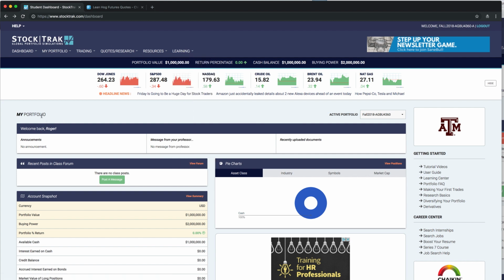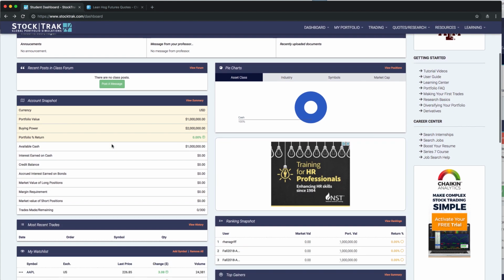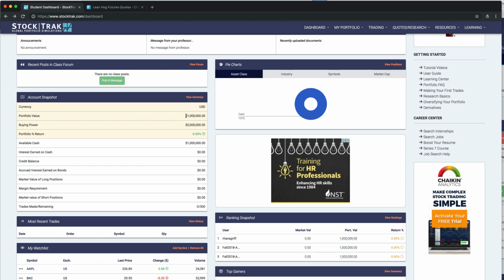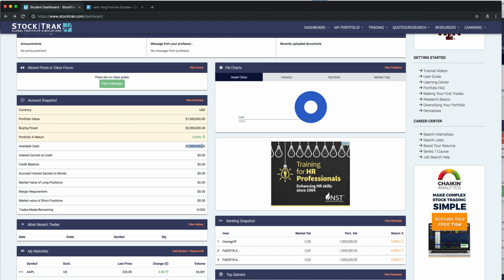When you log in, you're going to see your portfolio. You're going to see your account snapshot, which lets you see that I've provided for you $1 million worth of liquid cash to use in the trading. That gives you a buying power of $2 million because you're able to trade on what's called a margin, so you can actually use more than the $1 million at one time. The cash is only $1 million, so once you exhaust that, hopefully you won't, but once you do, then that will actually give you